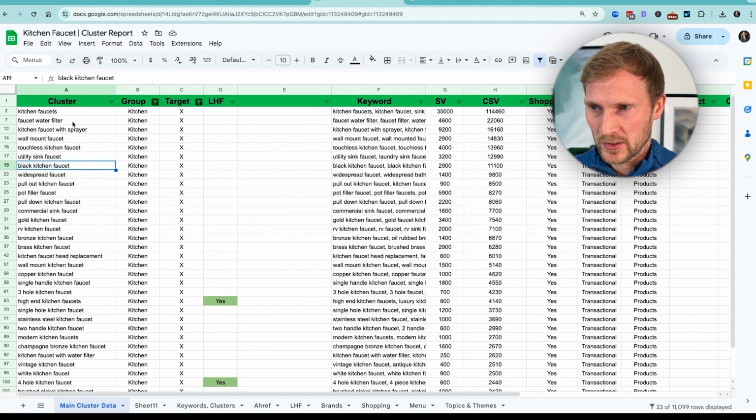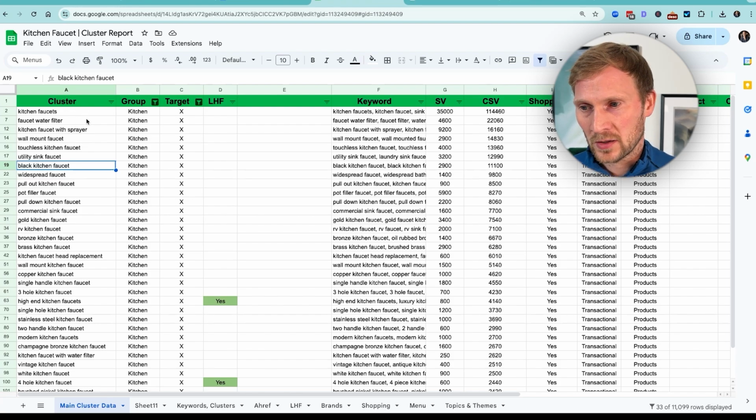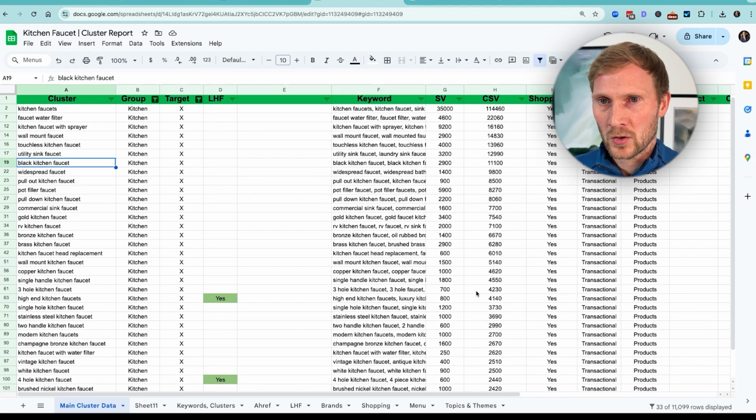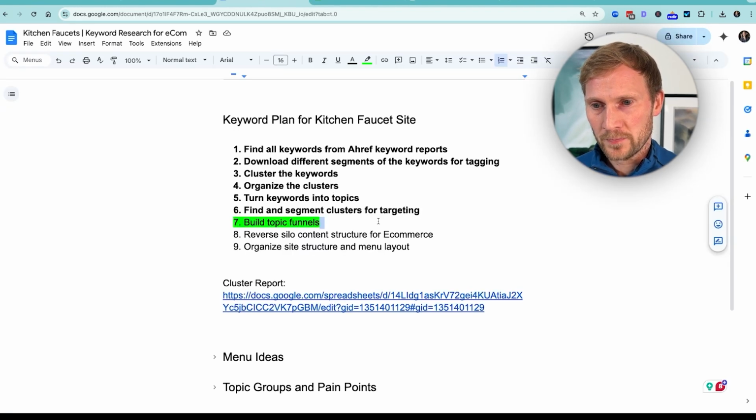That is the goal here. So we want to lay out this structure where we know what collection is related to another collection. And the goal here is to do that. But we also want to take a look at the information keyword. You want to know what information keywords are linking into your different collections. So create this structure and build out your topic funnels, and on to the next topic, which is related to